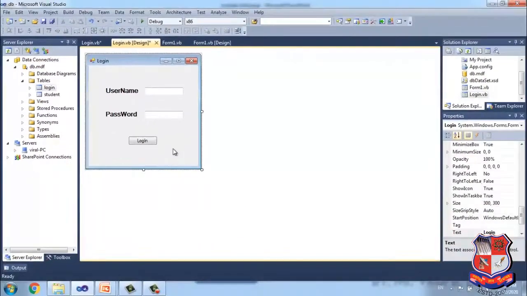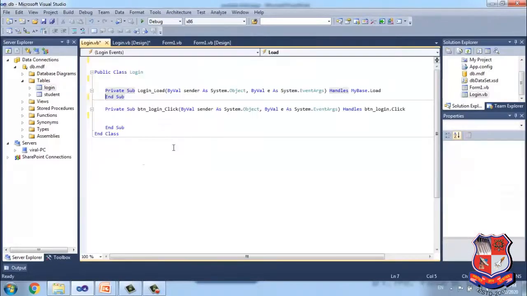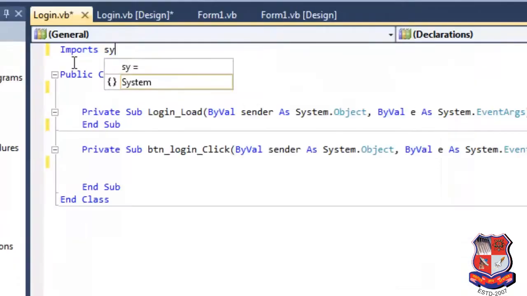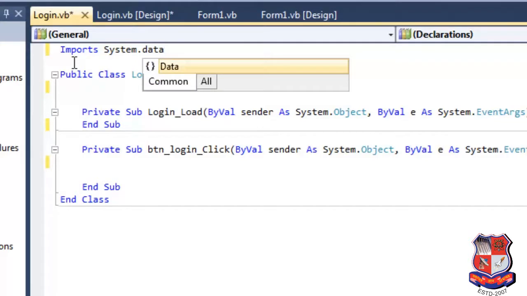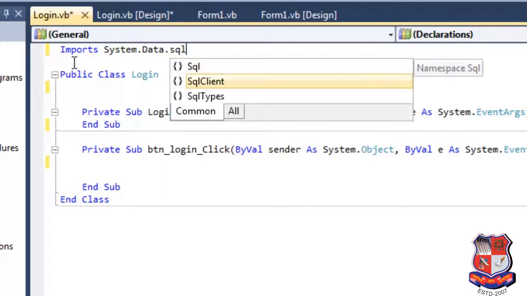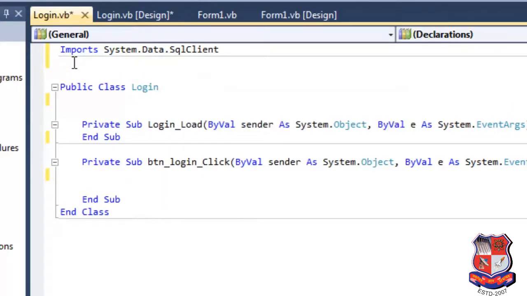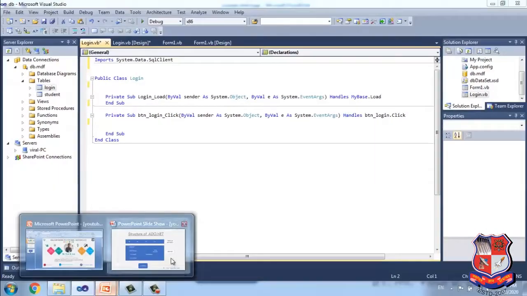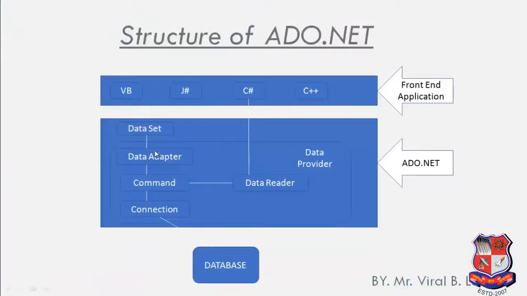So quickly move to our coding page. Our first step is to import namespace. Import System.Data.SqlClient. We have seen in previous lectures the classes connection, command, data reader.